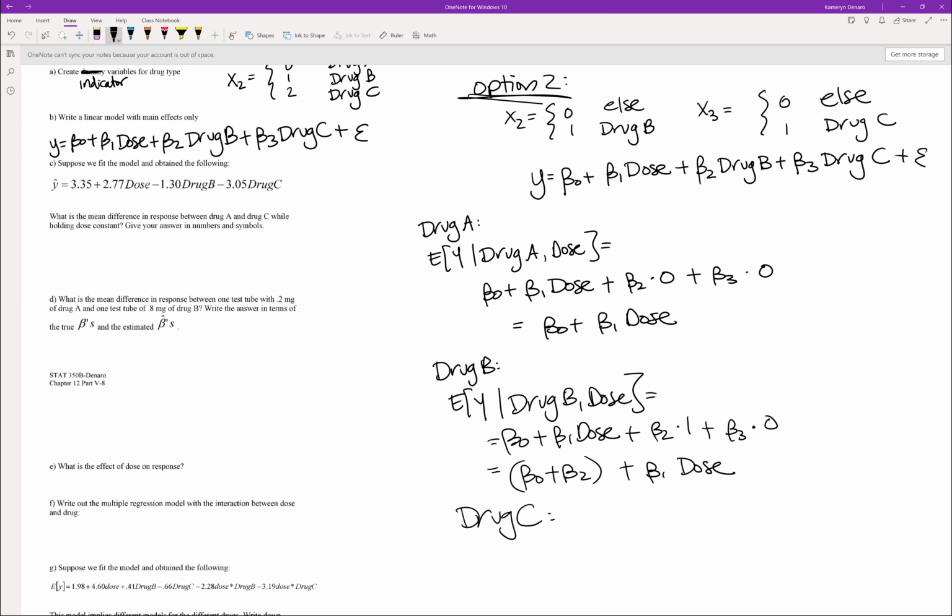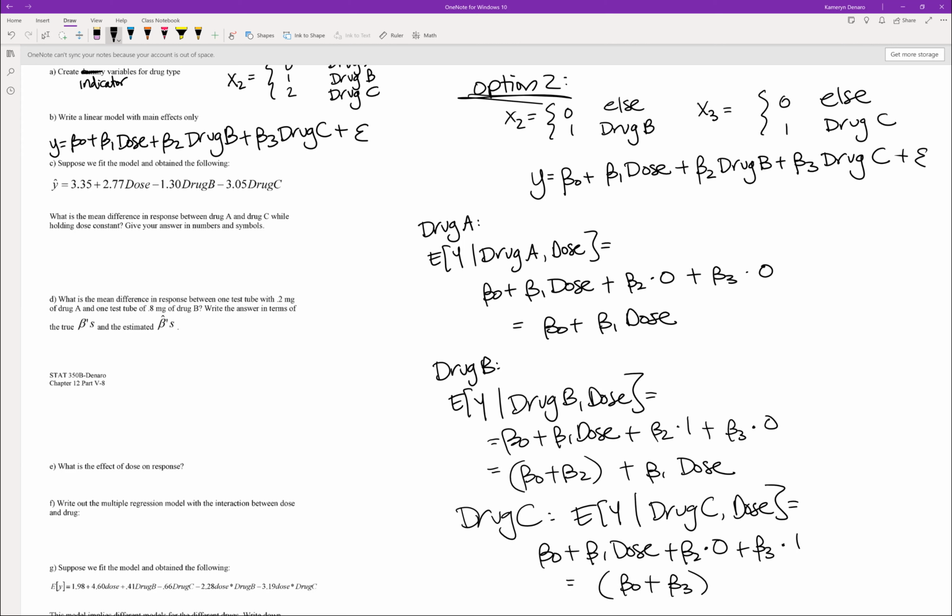Drug C, the expected value of Y given drug C at a particular dose. We get beta 0 plus beta 1 dose plus beta 2 times 0 plus beta 3 times 1. All in all, this equals beta 0 plus beta 3 plus beta 1 times dose. So if we want to know the mean difference in the response between drug A and drug C while holding